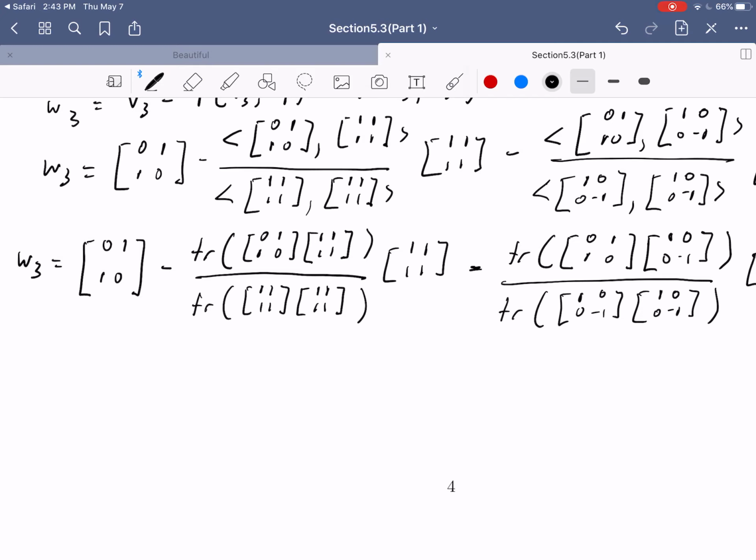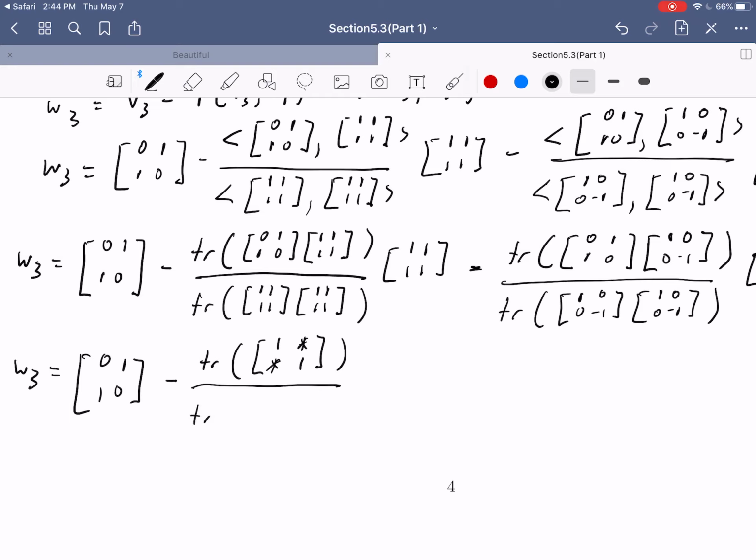So we've got all that, so we can say that W3 then is 0, 1, 1, 0 minus the trace of, well, we only care about this guy times this guy, which looks like it's going to be 1 something, something, and then this times this is going to be 1, divided down here by the trace of this times this, so that looks like it's going to be 2 something, something, 2,